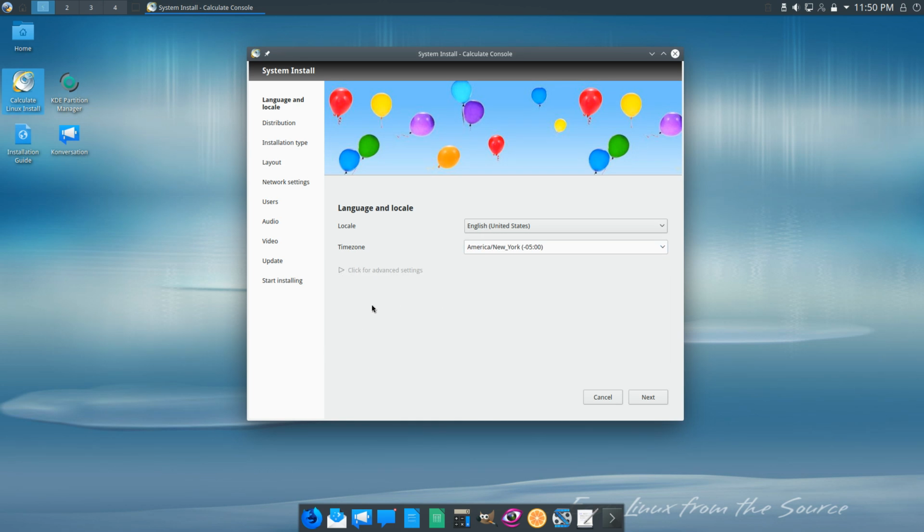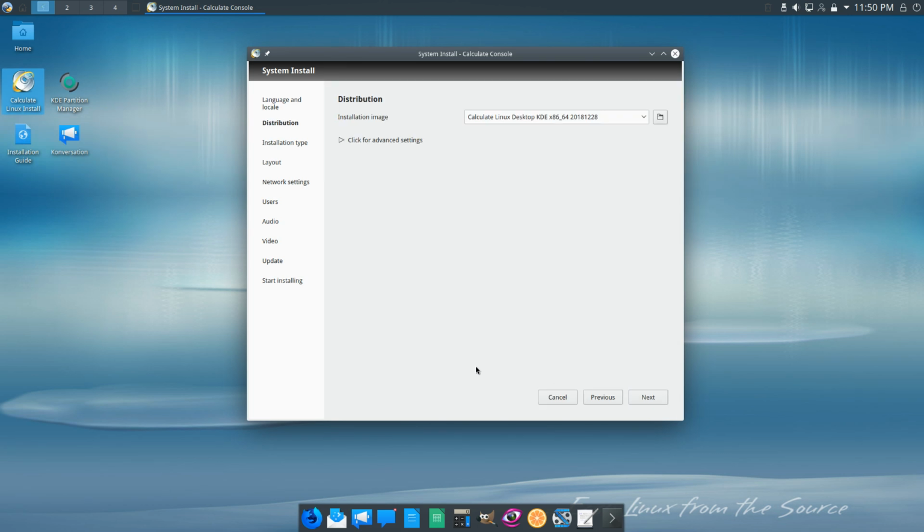We do have some advanced options here. Keyboard layouts, hardware, clock type, whatever. We don't need to worry about any of those, so we'll just go ahead and skip. If you do have a different keyboard, it does seem to detect my basic keyboard. The installation image, just leave this alone. This is pulling it from the ISO that we are loading from,